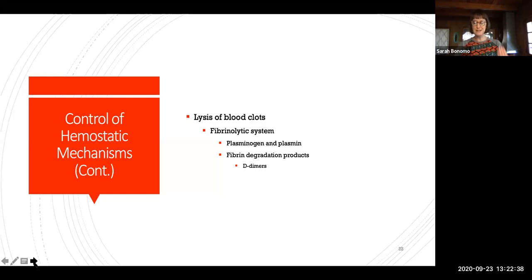So once the plasmin is released, that's that enzyme that starts to break down fibrin, we're going to get byproducts, right? There's no action without a reaction. And the byproduct that we're going to talk about is fibrin degradation products, specifically D-dimers. And the reason we care about that is because as nurses, we use a D-dimer blood test to tell us whether or not a patient has something called a DVT, which is a deep vein thrombosis, or a PE, which